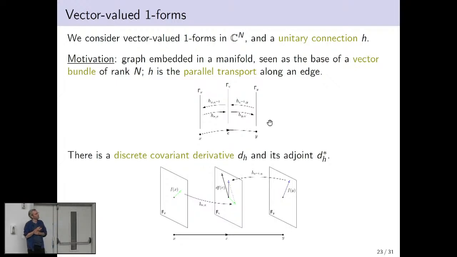over the edges. And now you can define a twisted notion of our discrete derivative from before, where you take a function which is vector valued in C^n over vertices. How can you define what is its discrete derivative as a one form over edges? Well, you want to take into account these parallel transports, so you take the vector here, you multiply it by the matrix H along that segment. It defines for you a new vector. You take the vector here, you transport it by your matrix, it gives you a new vector, and then inside that subspace you take the difference. So I don't write the formula, but this is the definition.